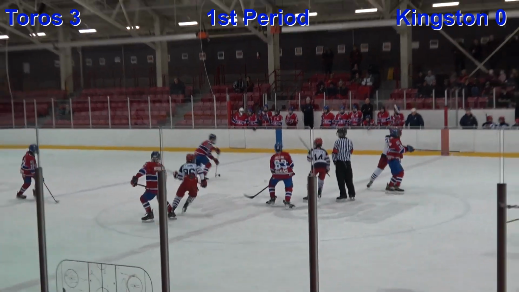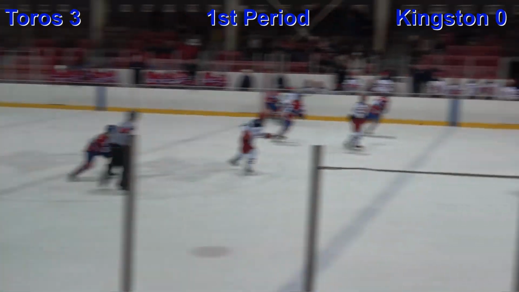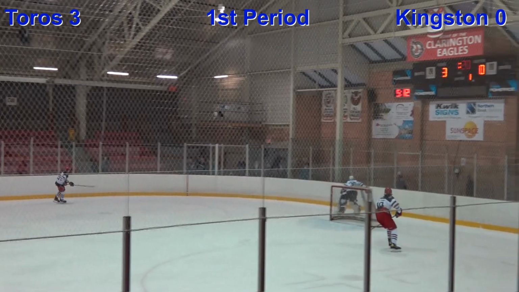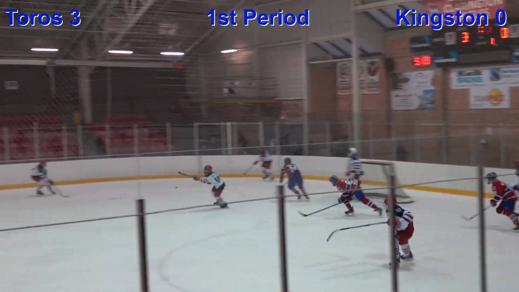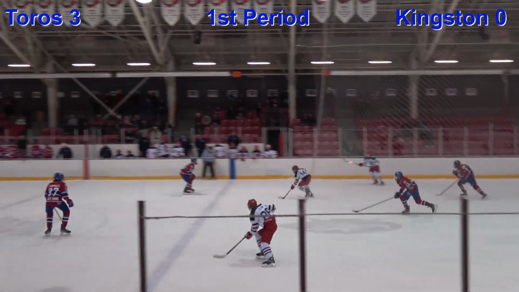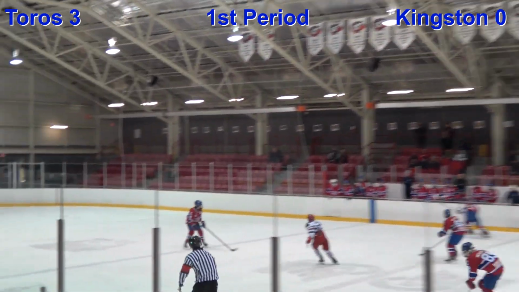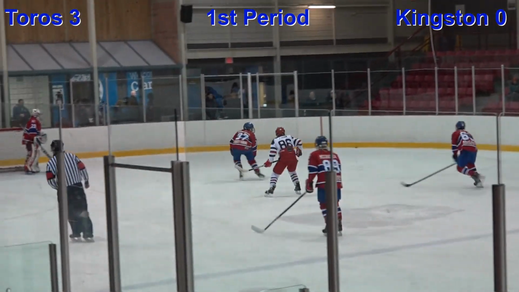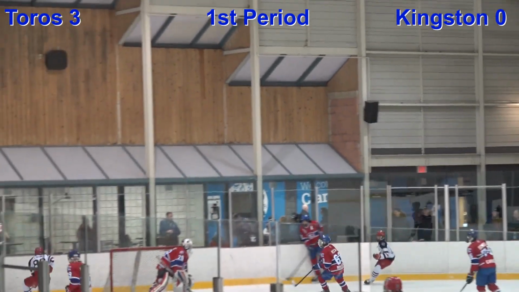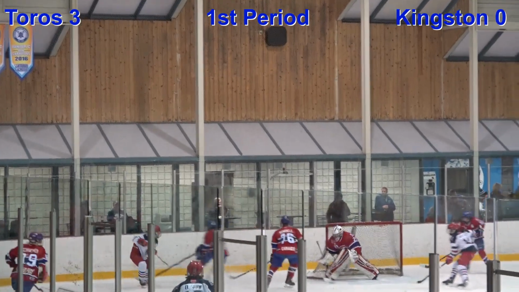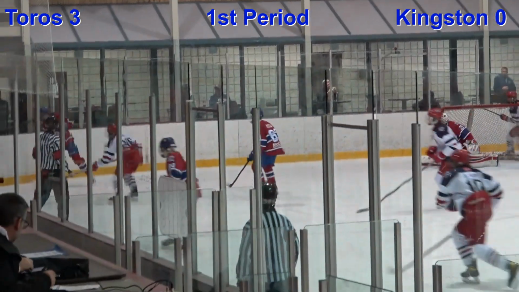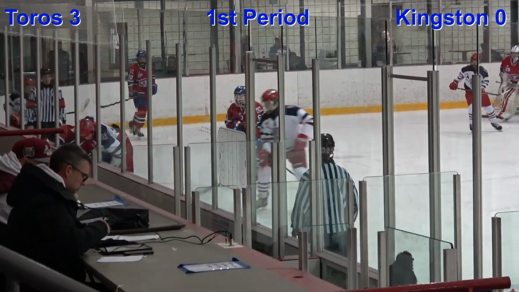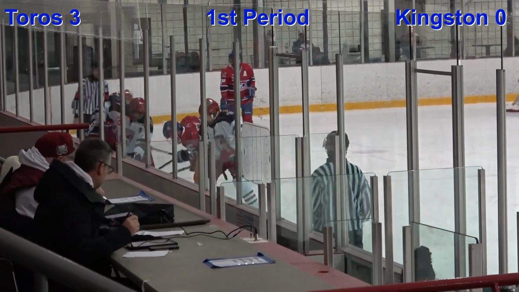Face off here from center, won by McCann. Trying to dump it in, that goes over past Sigma into the corner. Another chance here for Shaw to try and get it out. Lead pass over here to the other side, and back comes Chase Whitlock. Whitlock will dump that deeper back into the Kingston zone. Harder on the boards, knocked off there by Shaw. Right in front, Shaw. He can't get one to the front of the net. It's off on that right side.